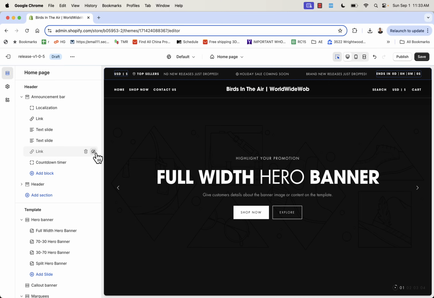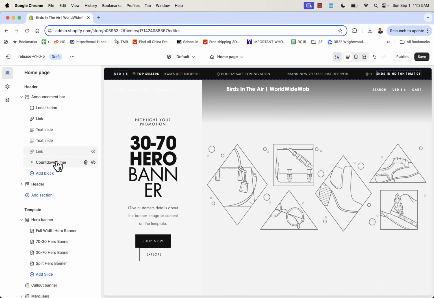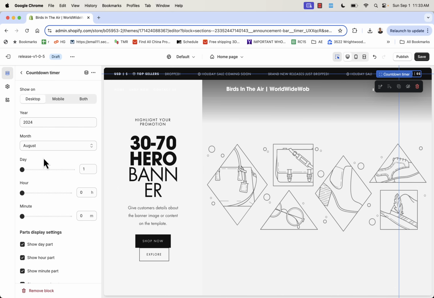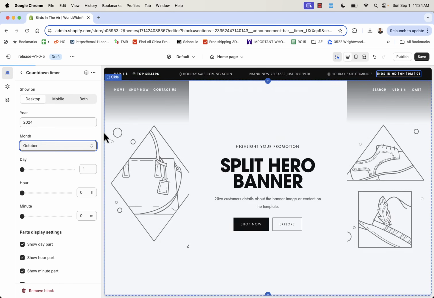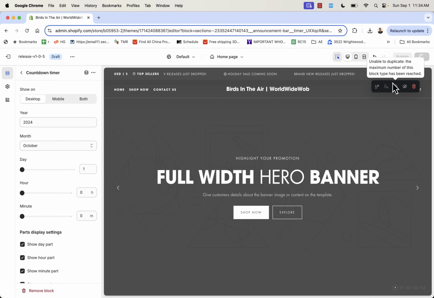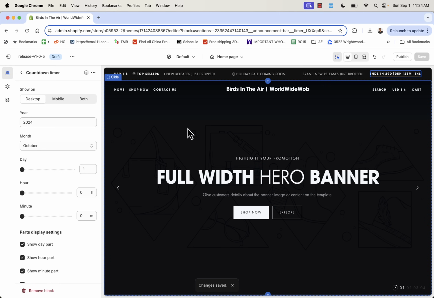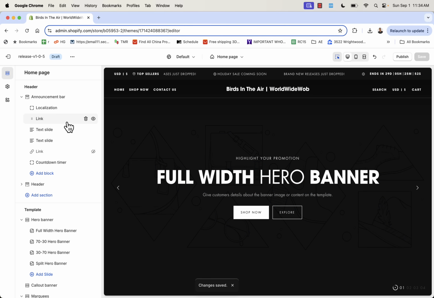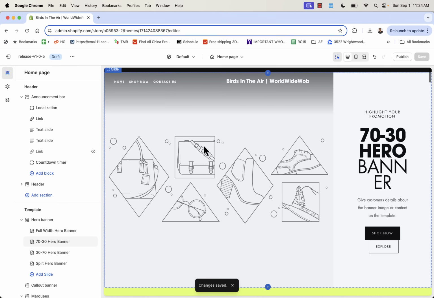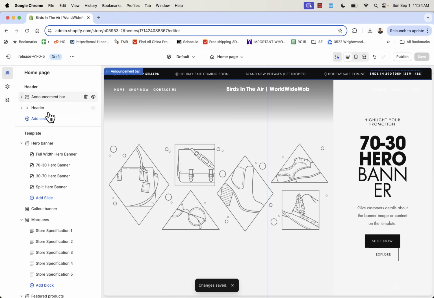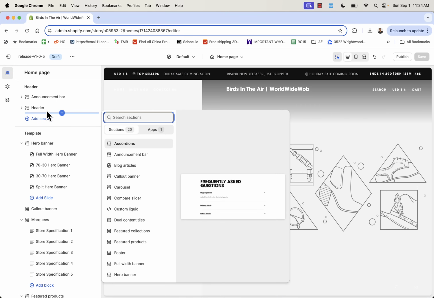Or what I like to do is just hide it so we can maybe come back later, add it in here. Do a countdown timer as well. How about we go over here and set it for October. You see that it updates automatically, right? Look at all this customization that we have. I've just done one little section so far of this site. That's how powerful Release Theme is, just in the announcement bar, way more than you could ever imagine in terms